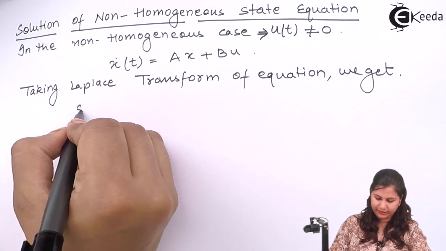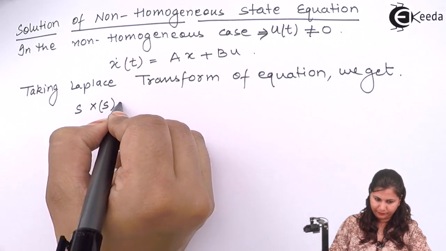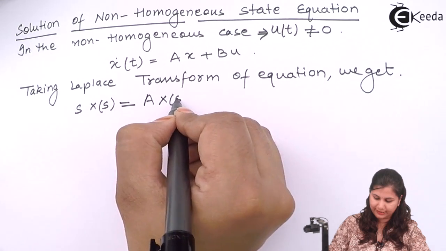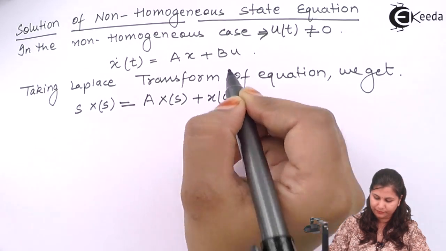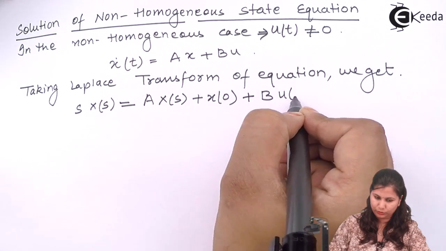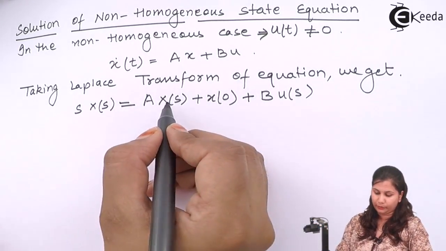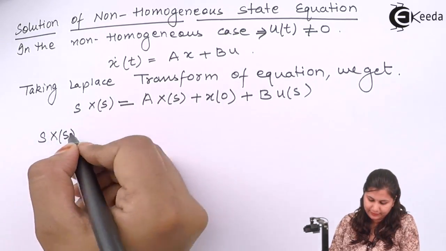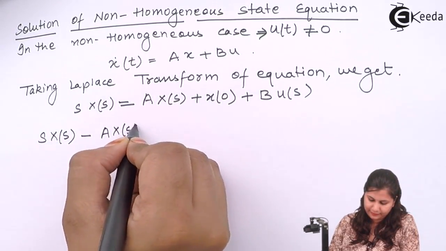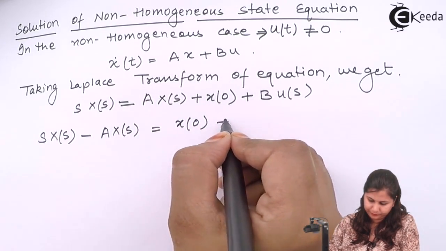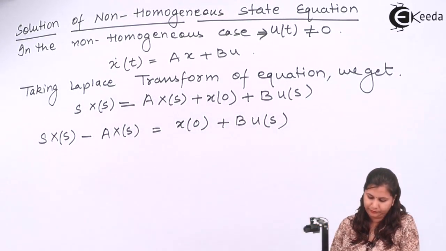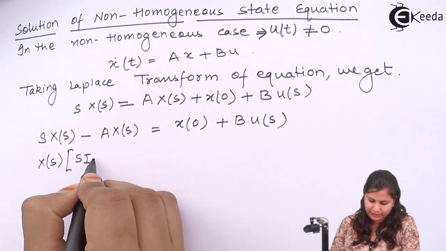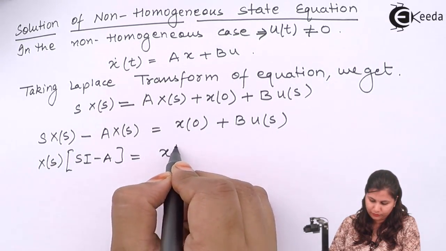the Laplace transform of x dot(t) is sX(s) equals, we have AX(s), so it is AX(s) plus x(0) plus BU(s). Now taking this X(s), bring this to the left hand side, so we will have sX(s) minus AX(s). Taking this X(s) common, we will have (sI minus A) X(s) equals